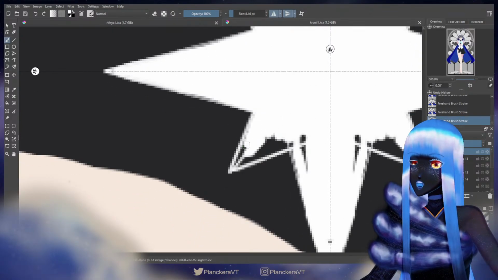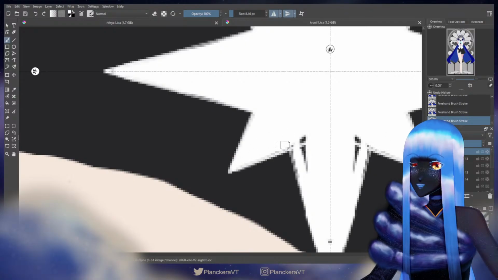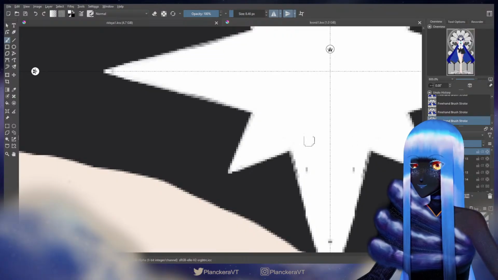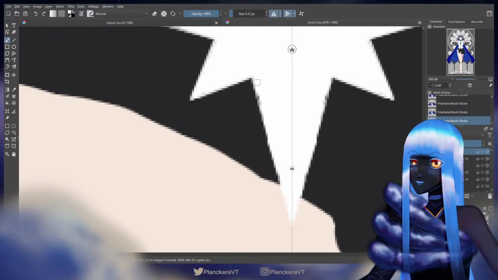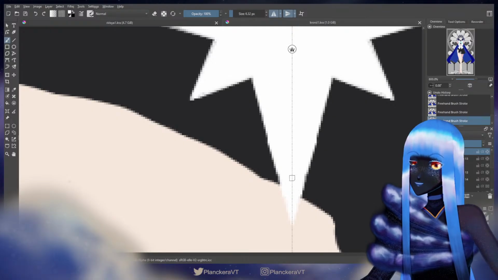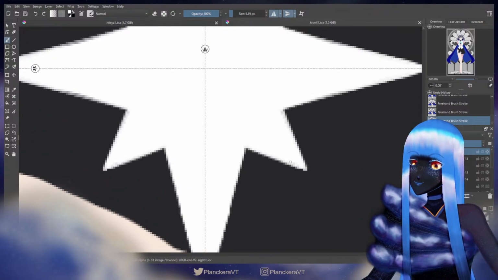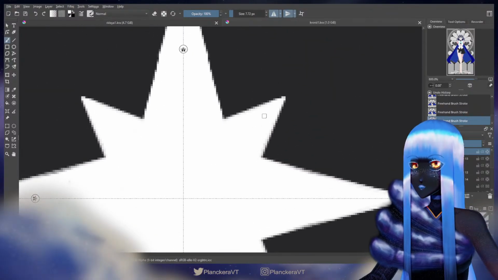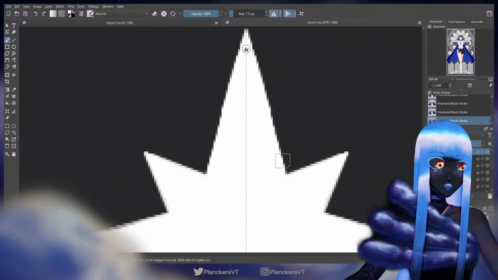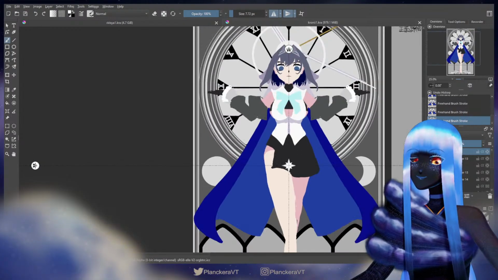Unfortunately, I think once I stop working on the background here, I don't think I need to be this precise anymore, because everything else is much more organic. Like, I'm drawing people. And people are not quite this symmetrical. But for anything that I want to be super geometric, I want to try to get things pretty symmetrical. I think it adds to the kind of unnatural divine feeling, so that is why I'm insisting on being pretty precise. That, and I also like it. Looks good to me.